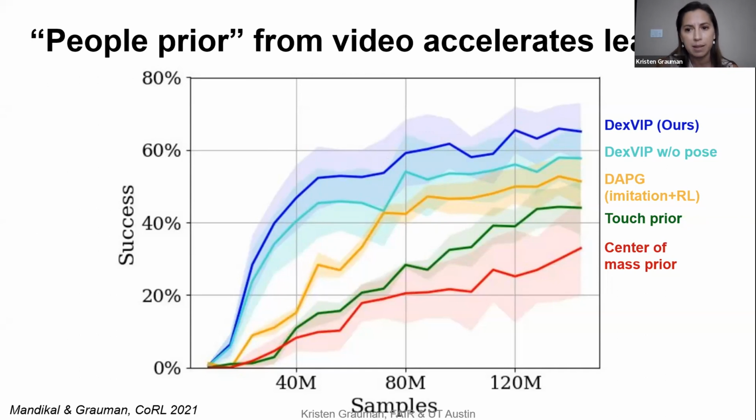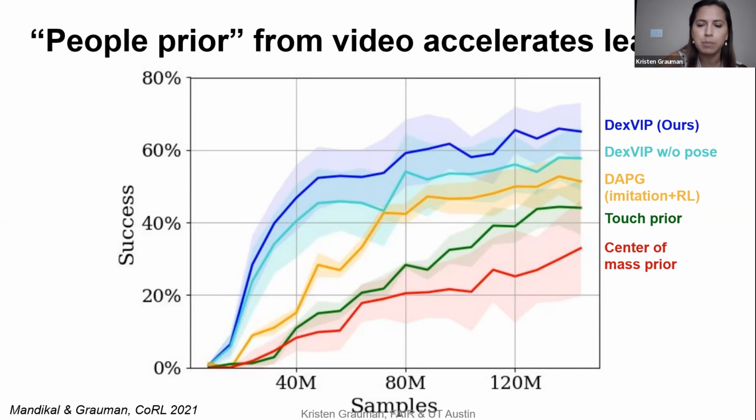to better generalizing policies. This chart summarizes that because you have on the bottom axis the amount of training time and experience. On the vertical axis, you have the success rate. So a really good curve here would shoot up fast on the left-hand side of this plot. The curves I'm showing you, ours is in blue. The one just below it is an ablation where we took away the human hand pose prior. And then the yellow one is an existing state-of-the-art method that blends imitation with reinforcement learning, where the imitation tries to imitate the human postures given from a mocap VR hand pose over time for the very objects of interest.